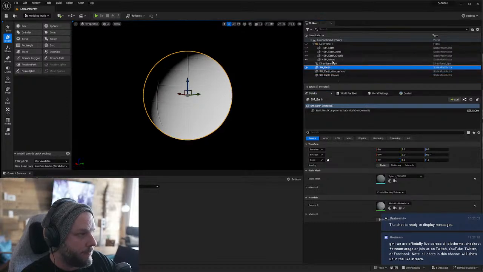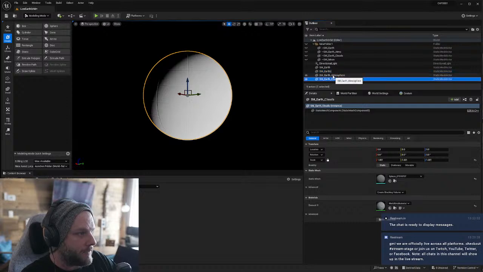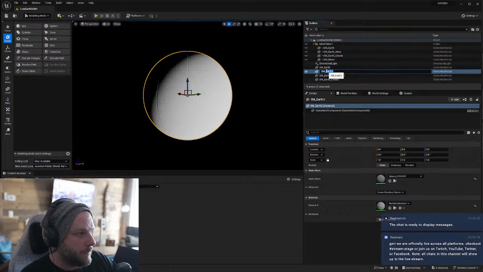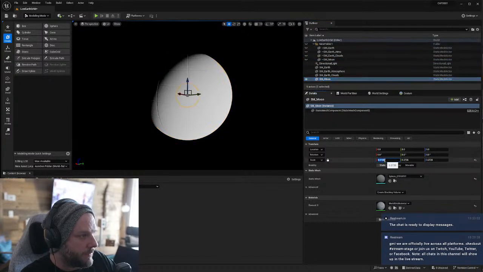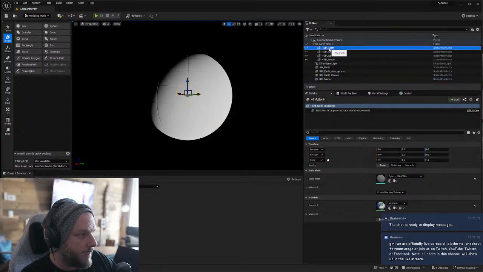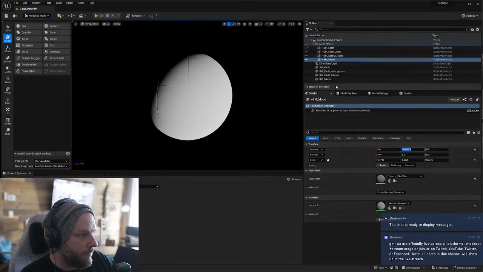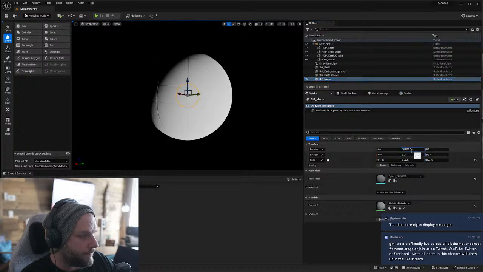And the moon we did at 0.2726, and we set it at 38,444. Okay,